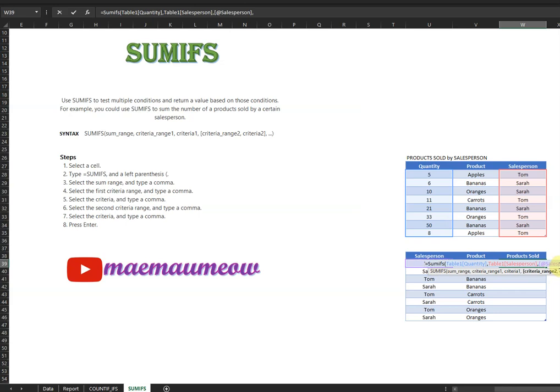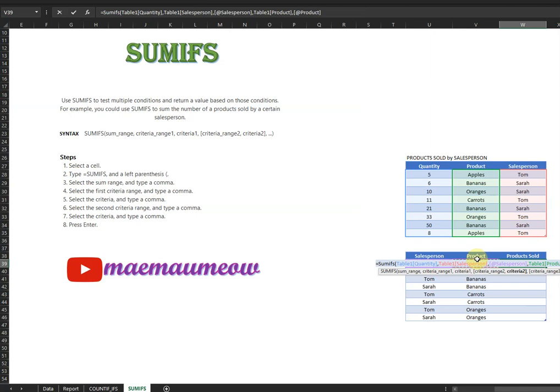Then comma. Our next criteria is the product. So we'll have to select criteria range 2, product, from apples down to the last row for product. Since it's within a table, it's Table1 product, comma, and our criteria 2, which is the product apples inside this particular table.